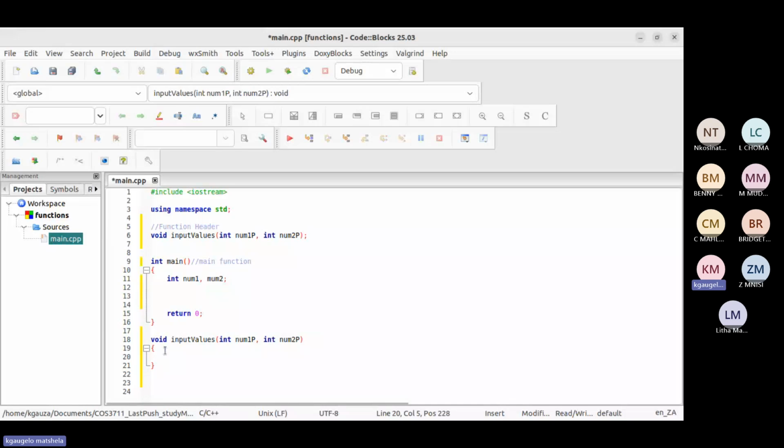For the header, this is now the function definition, where it has the body of the function. So now what this function is going to do is just input those values, right? So now we can ask the user to enter the first number, right? Then after that we terminate, then cin